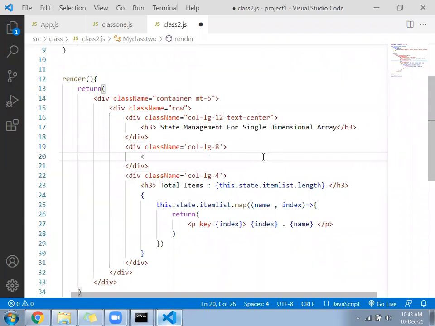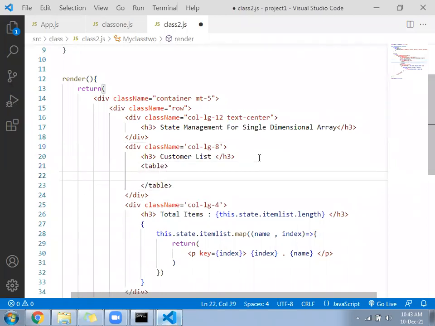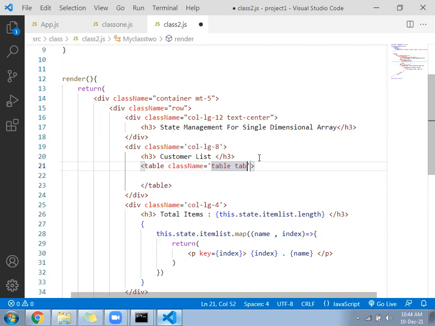You can follow inside an H3 again: Customers list. Create a table with the class name table.